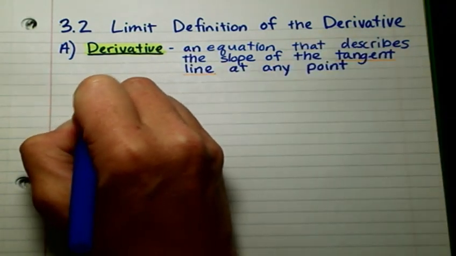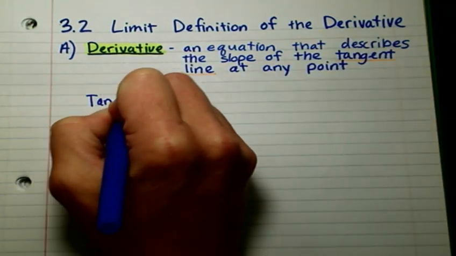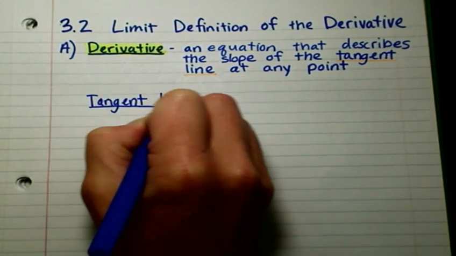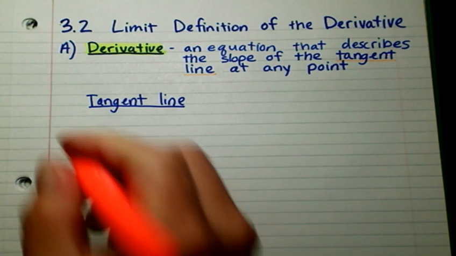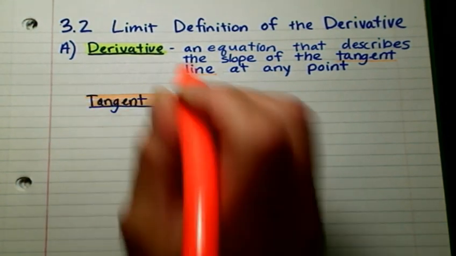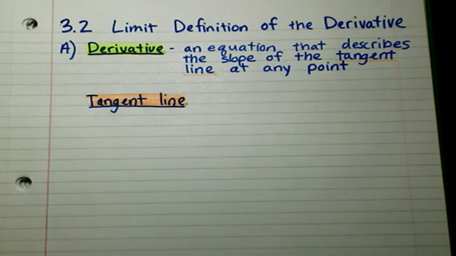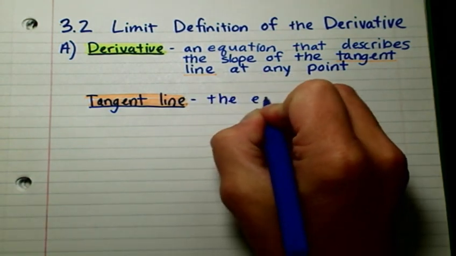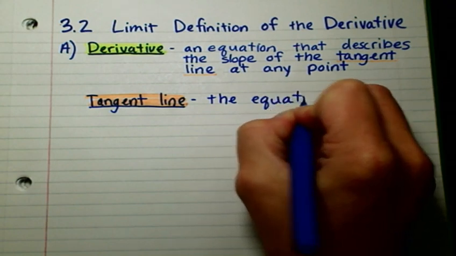So tangent line. Okay, tangent line, right, is the equation